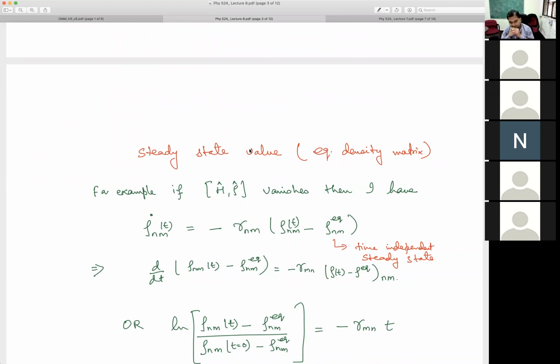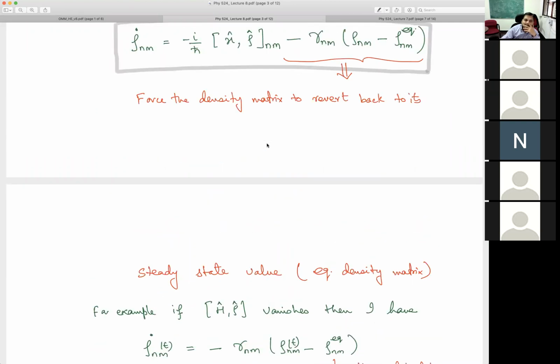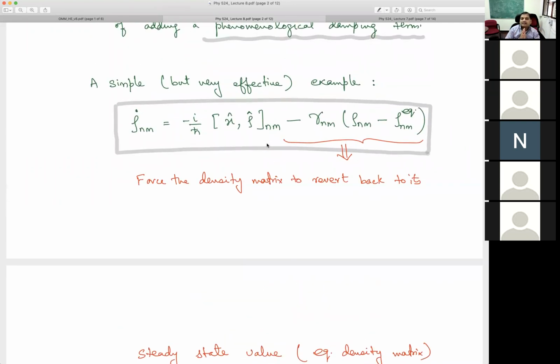Just give me a minute. Okay, more than a minute. It is actually towards the end of the lecture, but I'll solve this explicitly. The last point of my lecture is to solve this equation explicitly. But right now I just want you to get a feeling that if this term is 0, then the second term just implies that after a long time, the system will just relax to its equilibrium value.